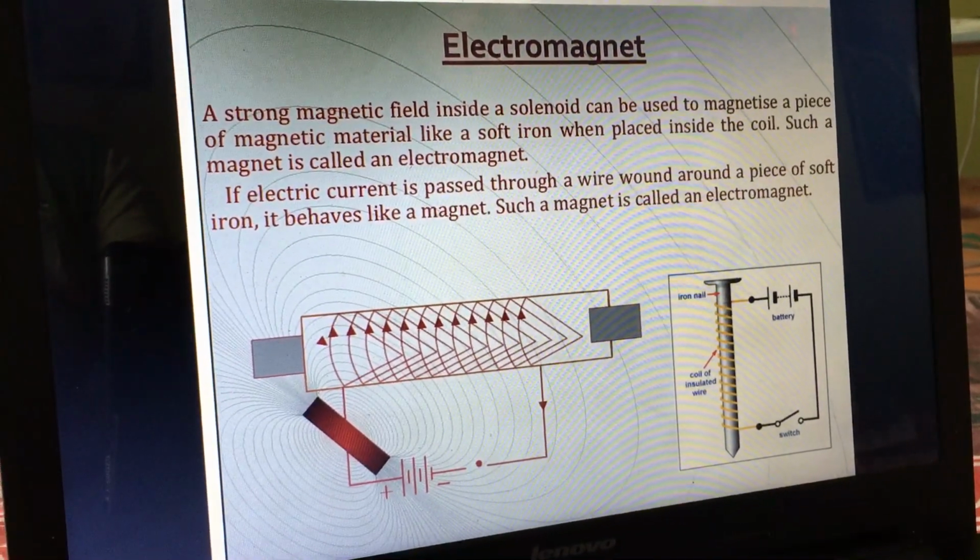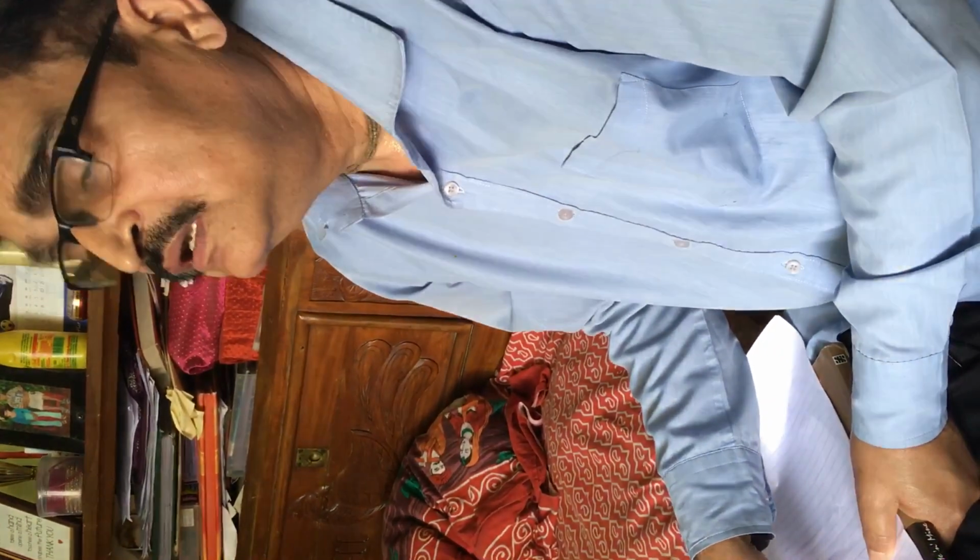On the basis of that, many times the question will be asked: what are the differences between a permanent magnet and an electromagnet, or between a permanent magnet and a temporary magnet. So children, today we have learned the right hand thumb rule. Today we learned the solenoid. Today we learned the circuit diagrams, how to make electromagnets, and what the differences between them are. So that much we learned today. Next day we can discuss another topic.